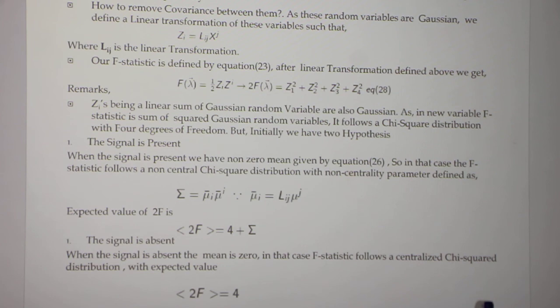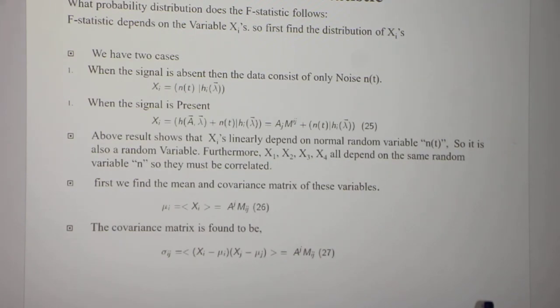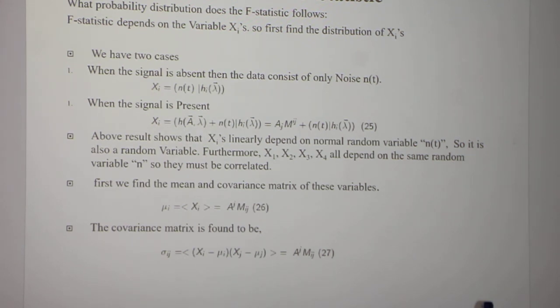But when we find our covariance matrix, we see that the non-diagonal elements are non-zero. What does it mean is that basically the